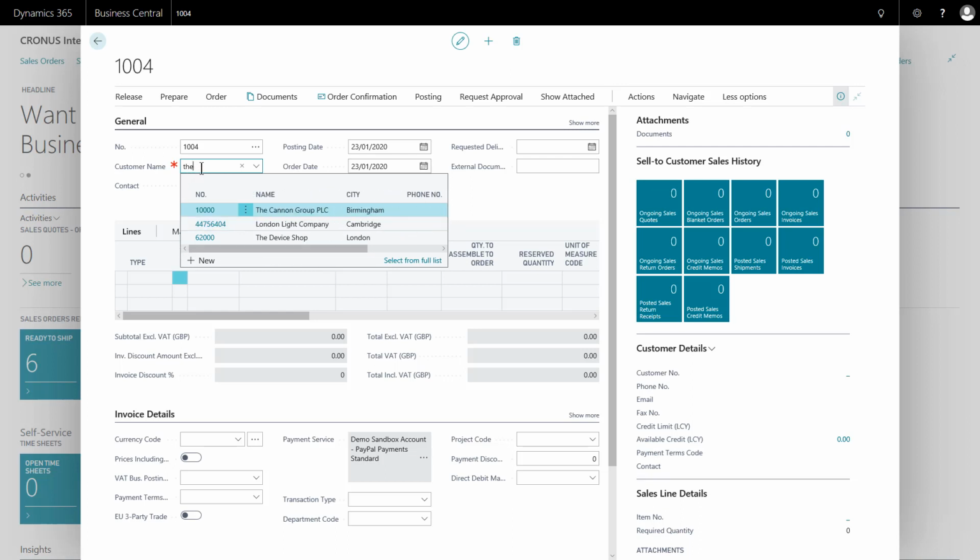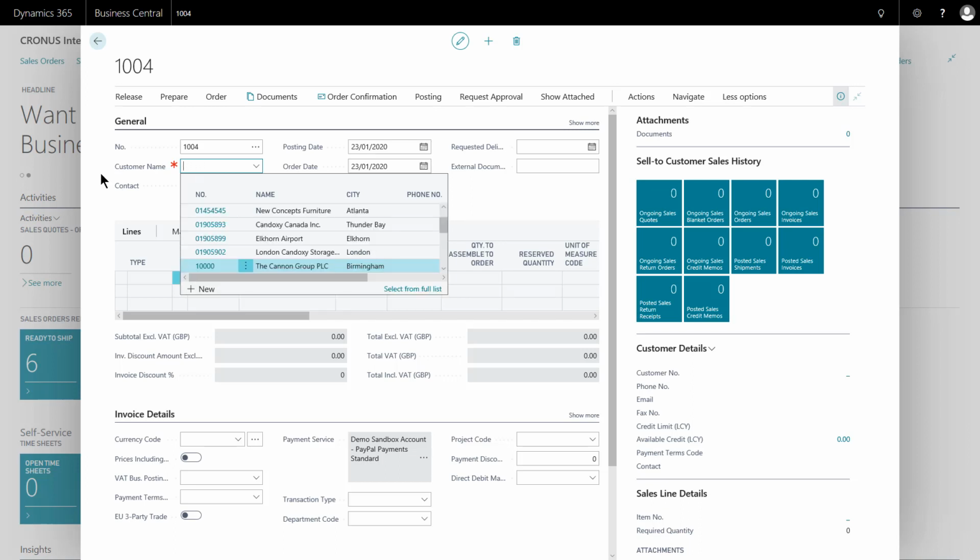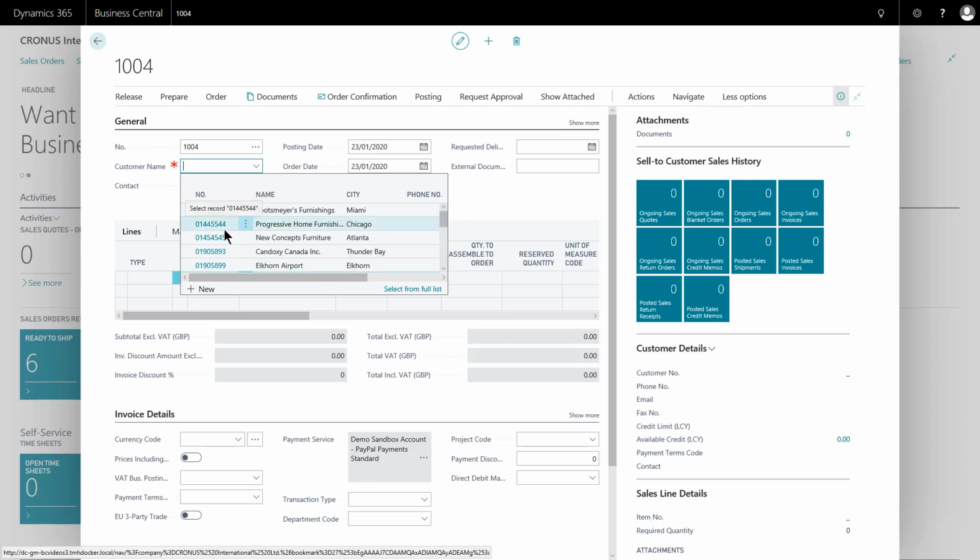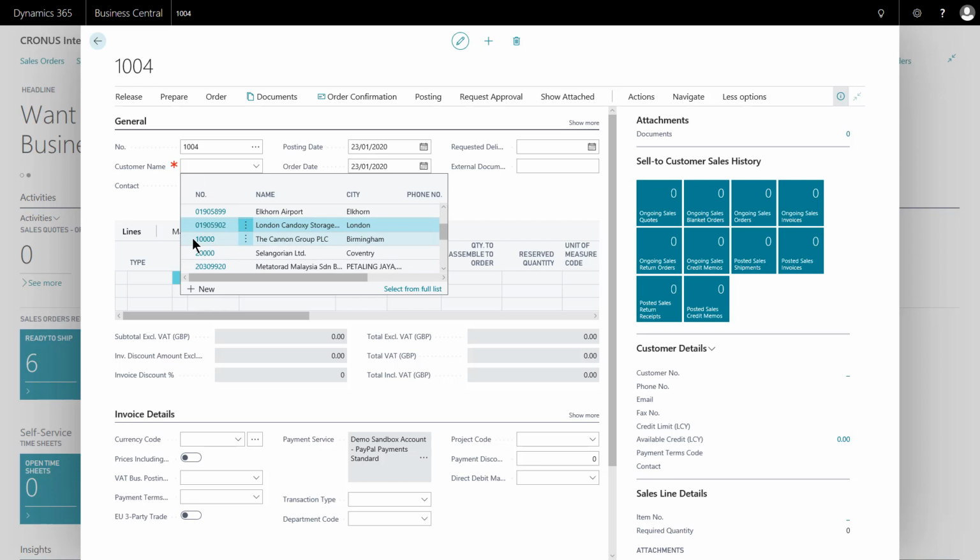Okay, so you might want to just watch out and narrow things down a bit more, or maybe you give a different keyword rather than part of it. This will also work by the city. So all the companies based in London, or with London in their title. You can also simply scroll down the list with nothing in there at all, find the company you want, select that line with a single click,